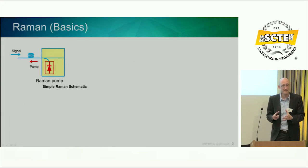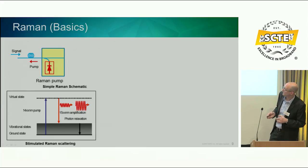Again, we have a pump laser, but this time we're not pumping a discrete portion of erbium doped fiber. We're actually counter-propagating up the transmission fiber and using the transmission fiber as the gain medium. Similar to before, so this time also we're pumping 1480 in this case, again to a semi-stable state, and when